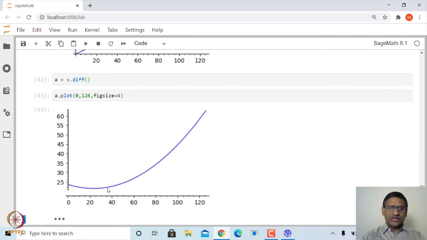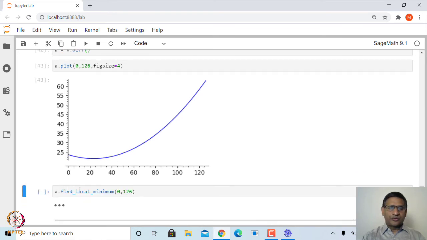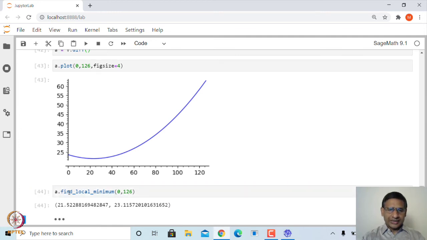You can see there is a local minimum somewhere here, and then it keeps on increasing, right, till 126 seconds. And if you try to find the local minimum of this acceleration,